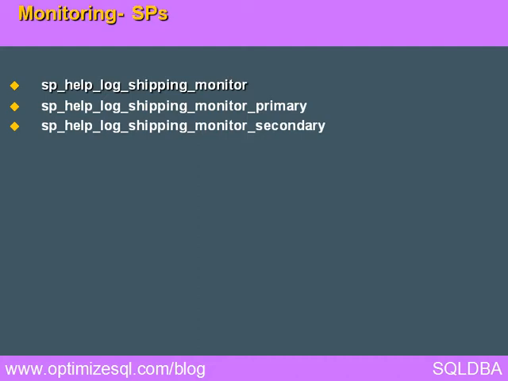Then in the same way, we can use the SQL Server error log also. By default, it will write the information in the error log whenever the job fails. We can filter the error logs for errors related to log shipping only. No need to filter now. These are the different options.